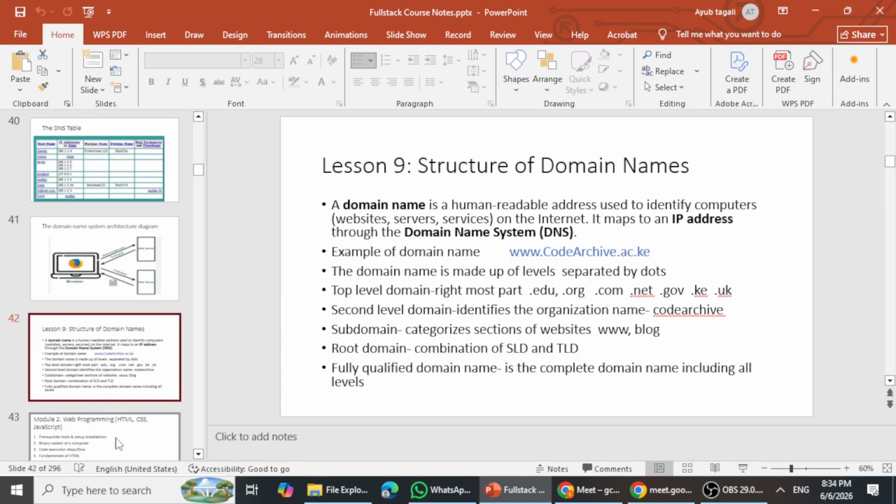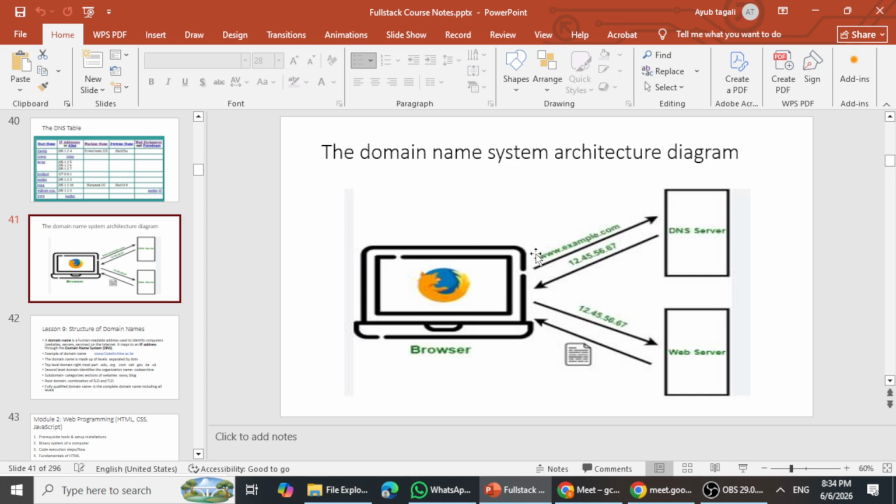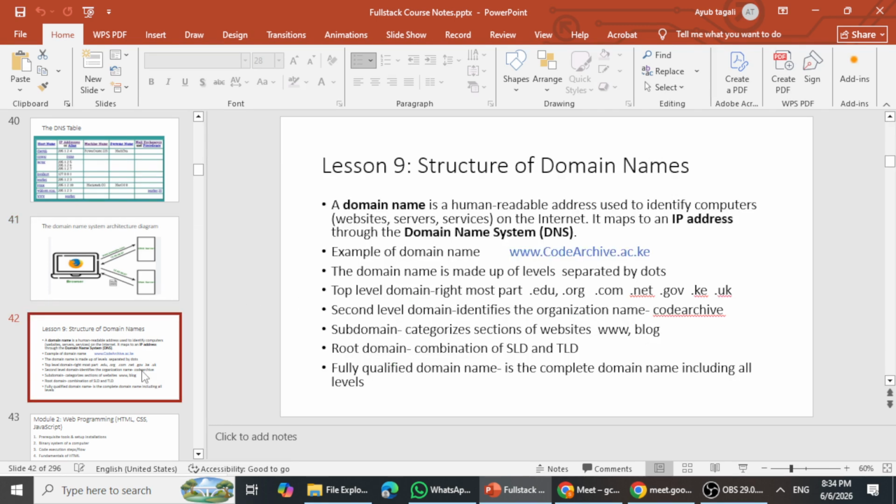Now we've said a domain name. A domain name looks something like this. If you look at this diagram, you can see domain names like www.example.com or .ke or whatever. So now let's discuss in detail the structure of domain names, so that when you build your web app